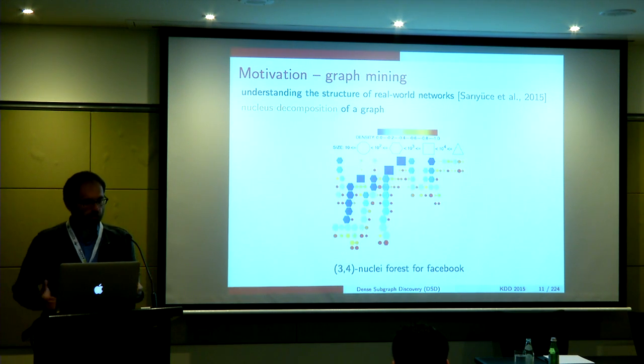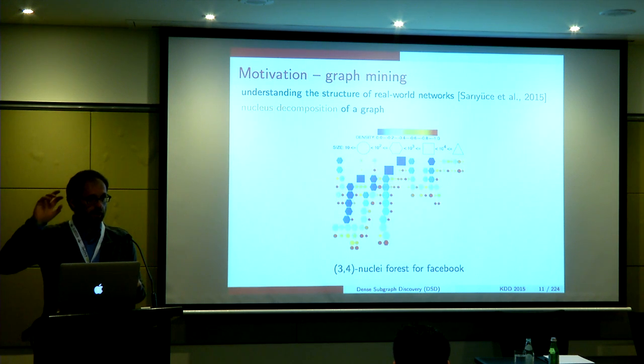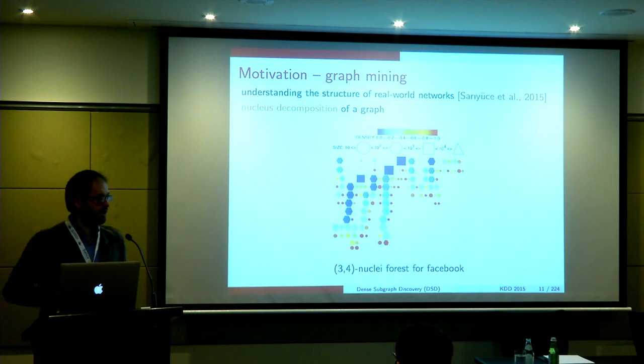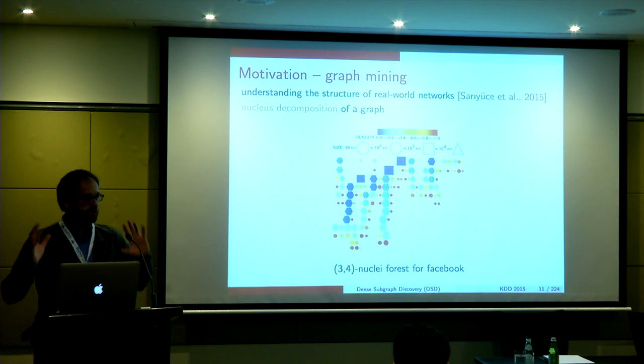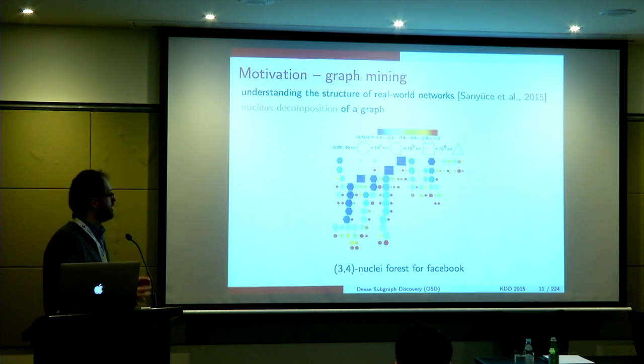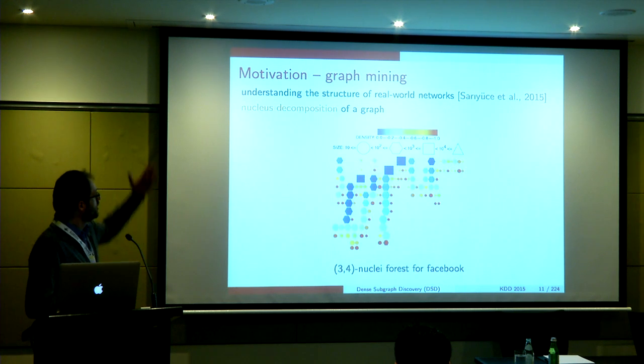So it's not easy to visualize. So how do I really understand what is going on in a real graph? For example, community detection. You probably know this work is also a tool that is used to understand graphs. So this is another tool, another methodology offered very recently by